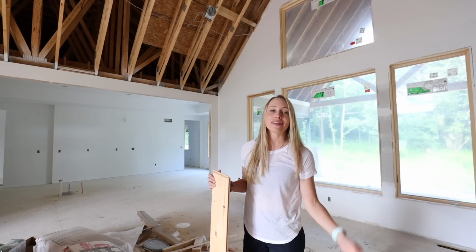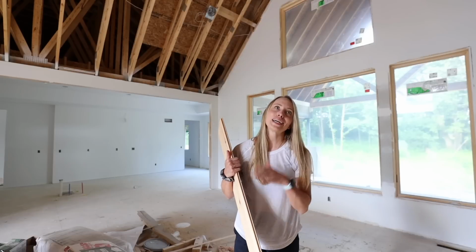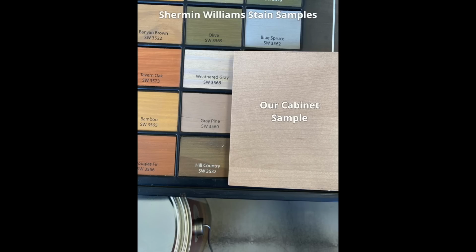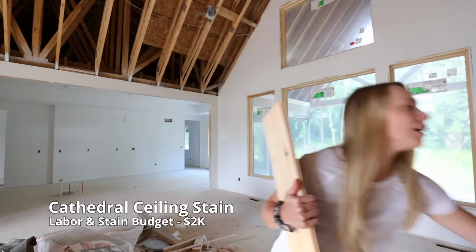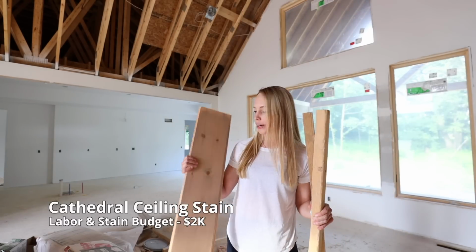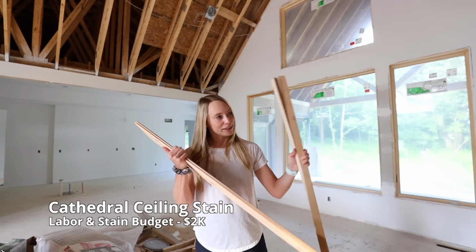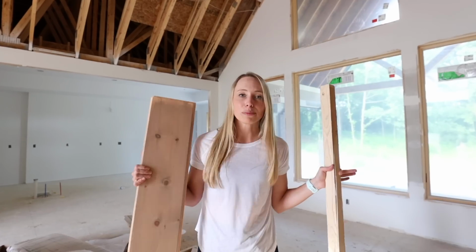After you pick your paint color, it's time to pick your stain. It's a similar process, but slightly different. The reason being, you can't just go to the stain store and pick out a sample and think that it's going to look exactly like that sample. That's because different stains take differently on different kinds of wood. So a stain on this wood is going to look different on this wood,